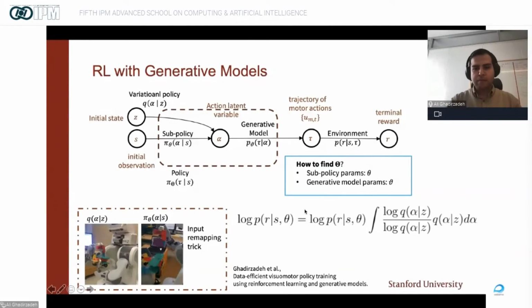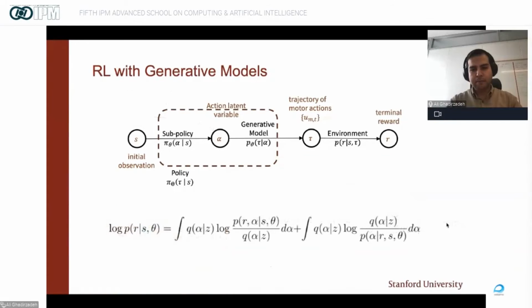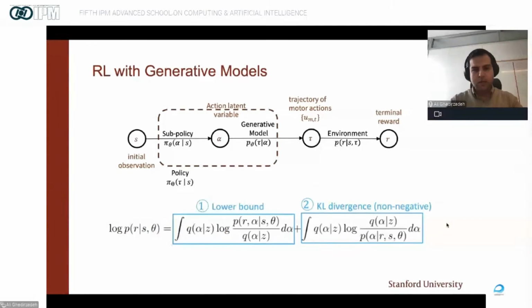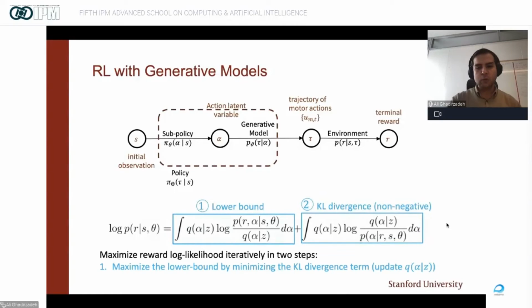Okay, I would like to do a little bit of math here, very similar to what we did before. We again introduced a variational policy, added it to this integration, and do a little bit of math. I don't want to go into details, but we could find another lower bound here, very similar to what we did with the generative models. And now we would like to maximize the reward likelihood iteratively in 2 steps, by first maximizing the lower bound,